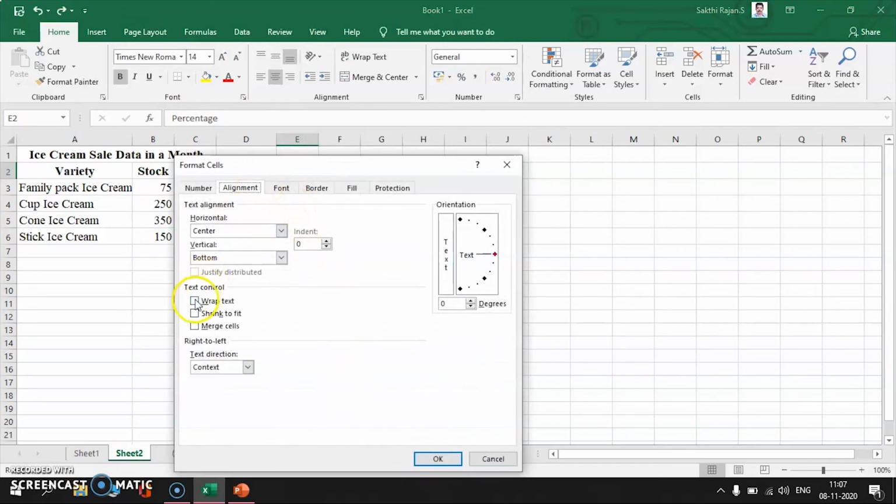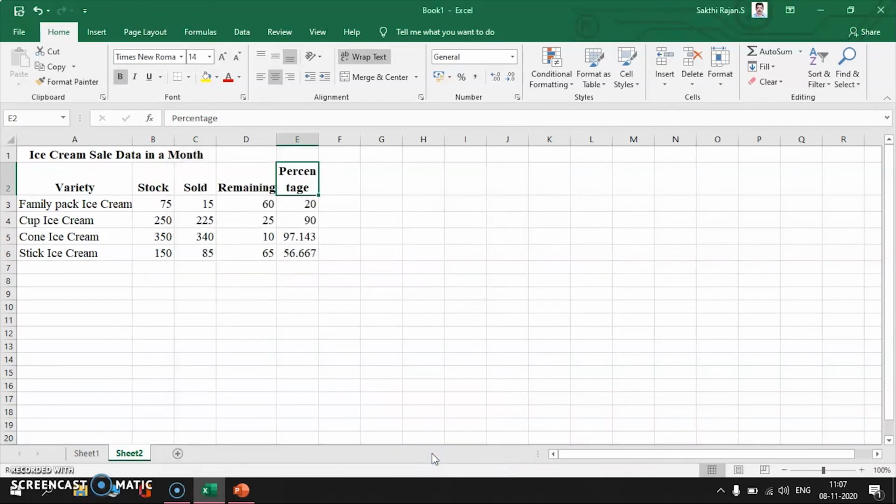In alignment, I'm going to select the wrap text option. Then I'm going to click OK. See here, the font and the size are not reduced, but we can get the title within the same column itself. So this is how we wrap the text. These are the various formatting options we can use to format our data.